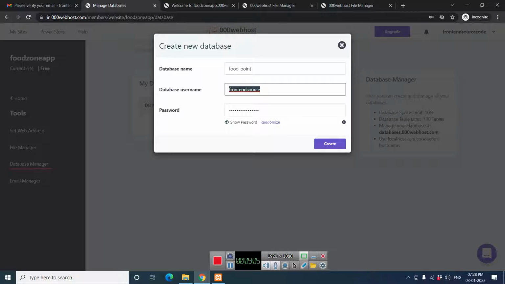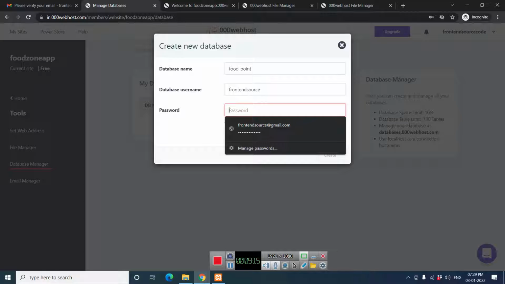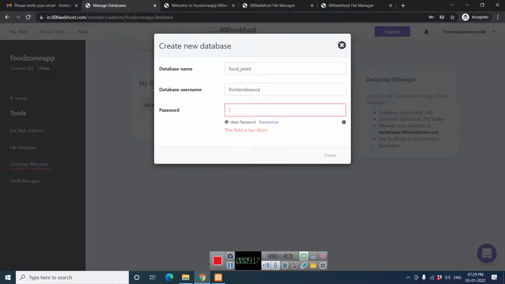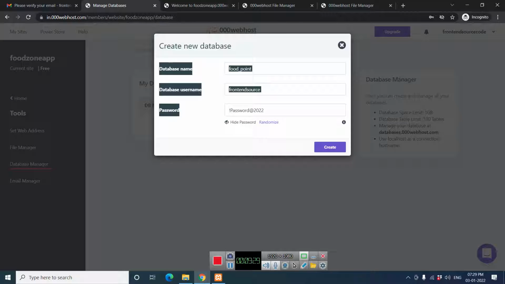I'll give the username as Front-End Source, and for the password, you can generate or randomize it, otherwise you can give your own password. So I'll give my password. Okay, so you can see this is my password. You can copy this one for our better reference.